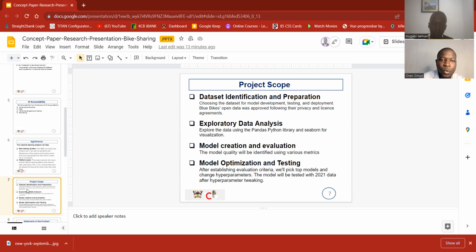And then we propose to move on to the exploratory data analysis, where we are going to use the pandas library, which provides sophisticated methods for usage. This analysis will also be done with the seaborn library, which is developed on top of matplotlib, such that as we are doing the analysis, we understand the connections between the different features. We have around 18 features on the data sets, with each data set corresponding to over 2 million data points.